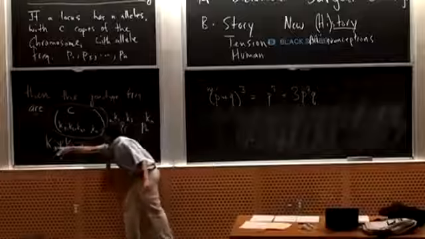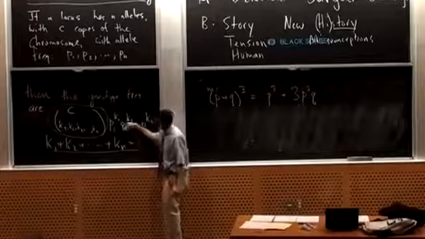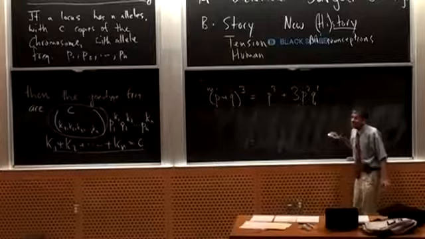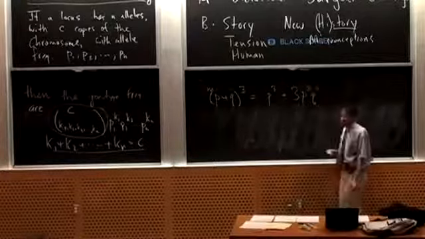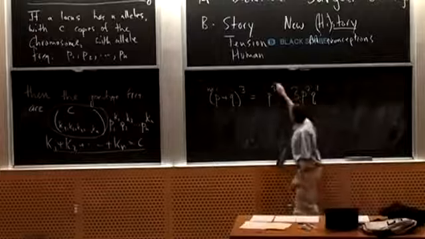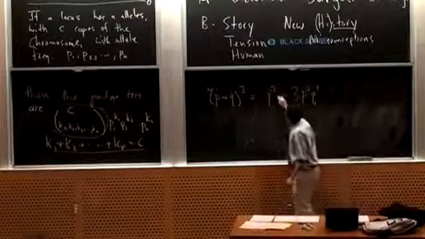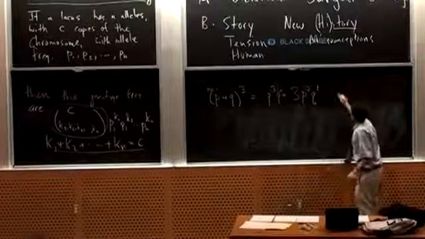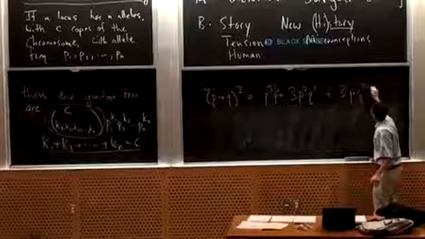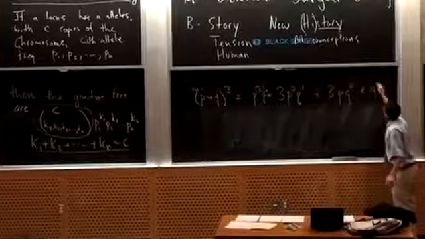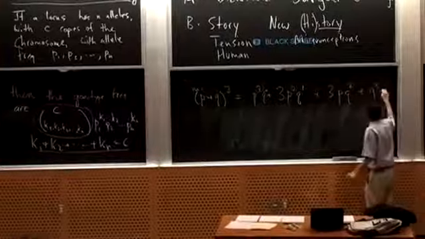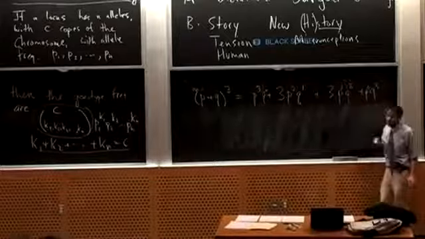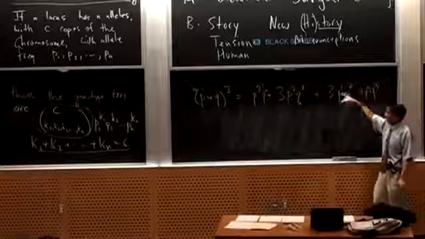That k1 all the way up to kn is equal to c. Let me just put that 1 in there. What does this equal? The sum of those exponents is 3. That's p to the cube, q to the 0. That's also 3. What's the next term? There's a 3pq squared, and there's a q cubed, which is q cubed p to the 0. That's 0 plus 3. This is 1 plus 2. It's always 3, and it's always c.